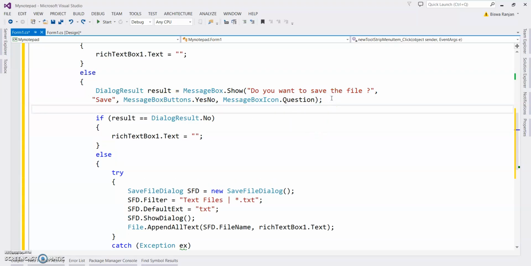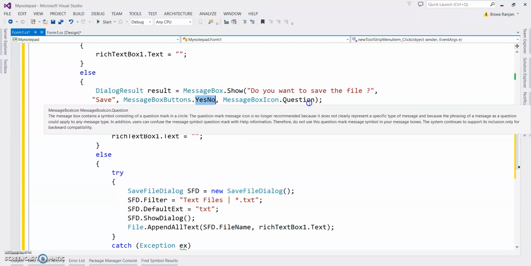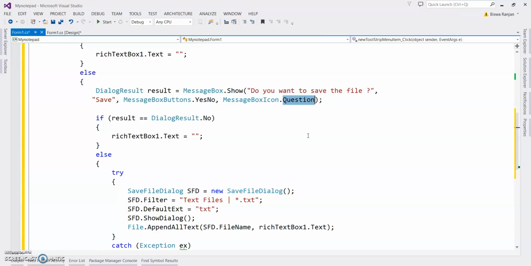In the last class I showed you how to show a message box with different buttons and different icons, and I promised you that in the next class we would show how to handle the Yes and No events. If I click on Yes, what will happen? If I click on No, what will happen?